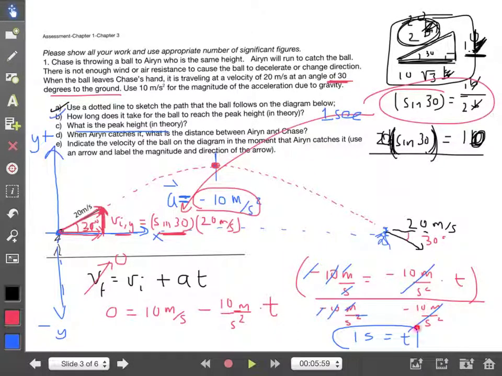Okay, in our last one, we solved for 1 second to getting to the peak height. Now the next question is, what is the peak height? You know, how high is this after 1 second? So all we need to do is calculate the distance that this travels in 1 second from this point to this